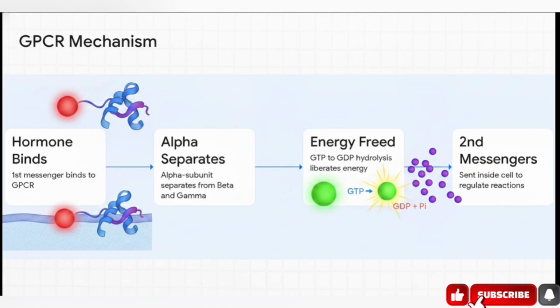Step 1, the hormone, our first messenger, binds to the GPCR on the outside. Step 2, the alpha subunit gets activated and actually physically separates from the beta and gamma subunits. Step 3, this alpha subunit uses its GTPase activity, hydrolyzing GTP to GDP, which liberates energy. Step 4, this energy is then used to send our second messengers inside the cell to regulate all those downstream